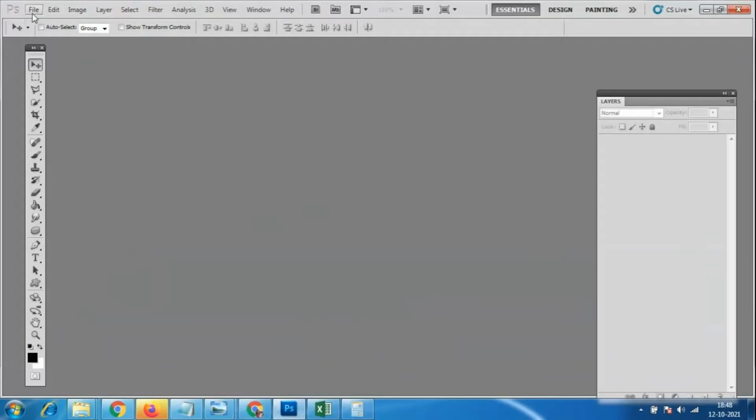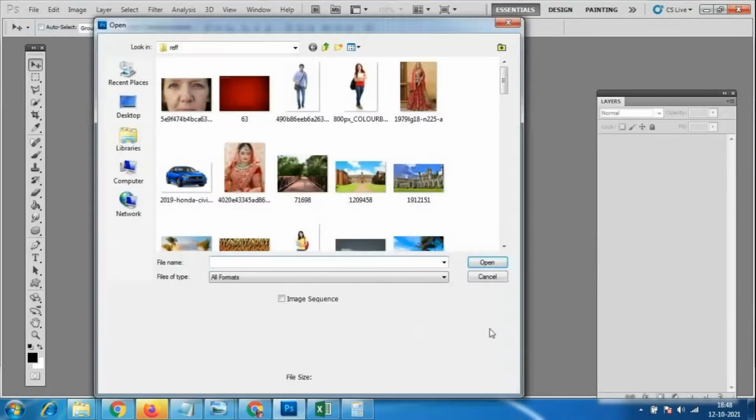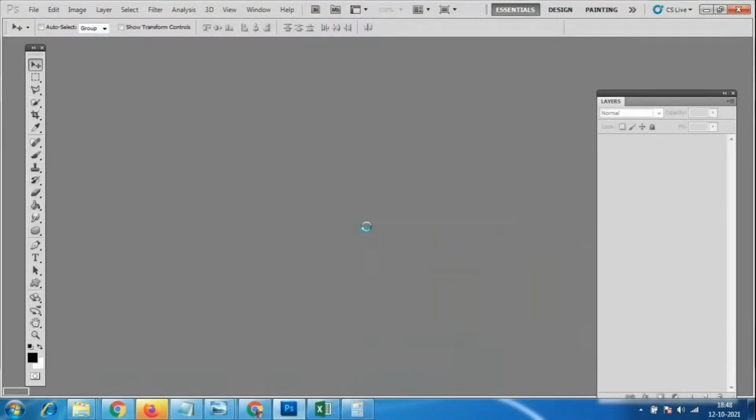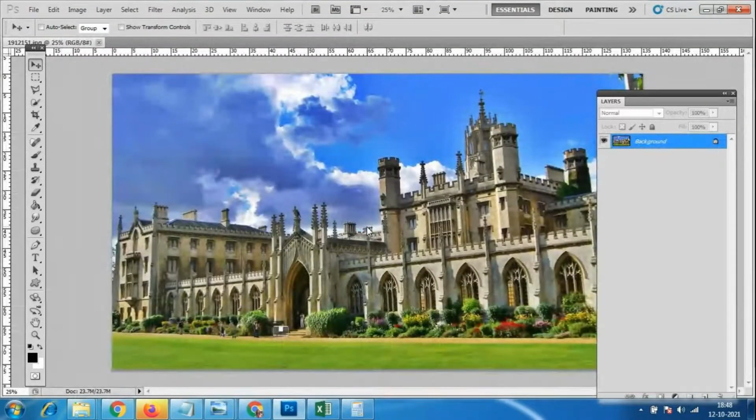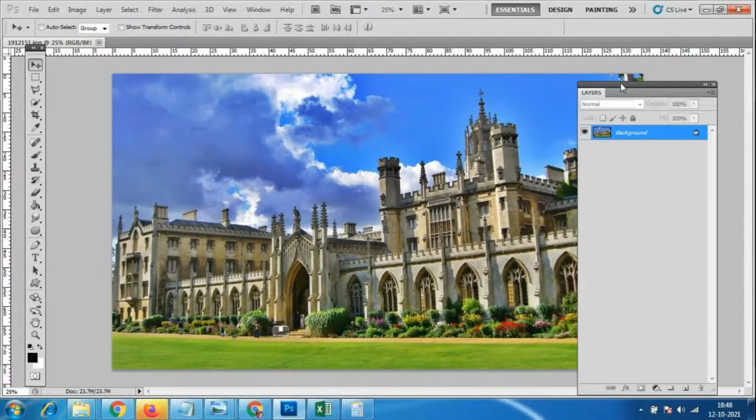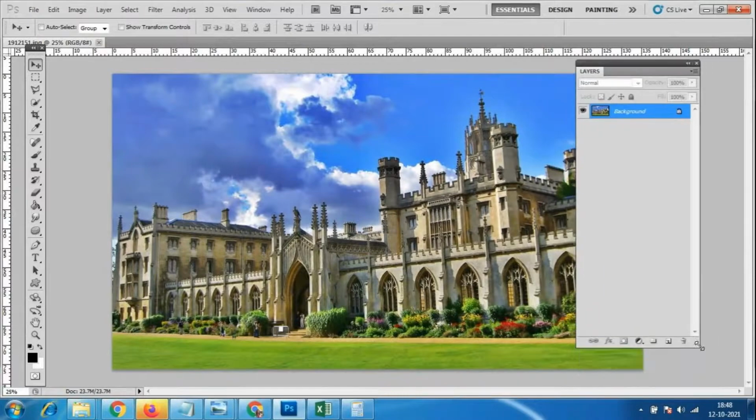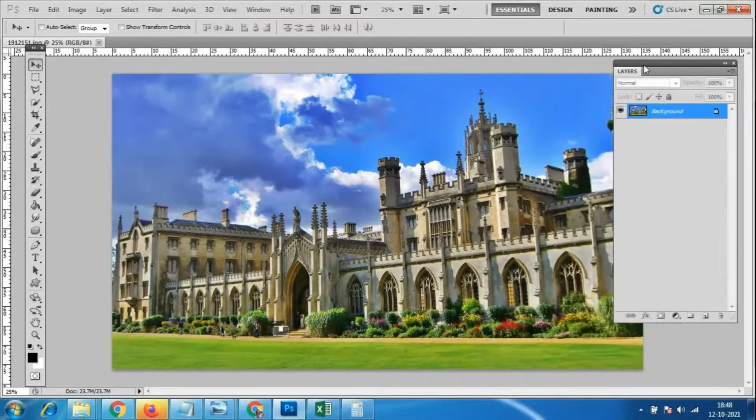Okay, so I will take a different image. I'll take this palace or university, any of the designs. Now I want to make a totally different thing over here. So I'll go to this polygonal lasso tool. Whatever image you have taken here will be there with this background layer.